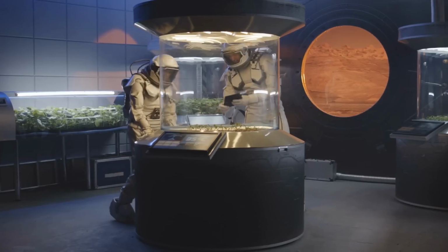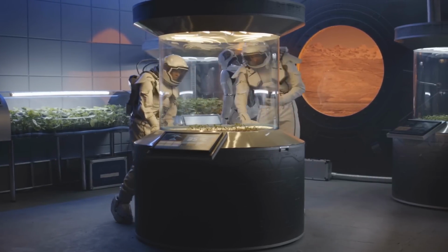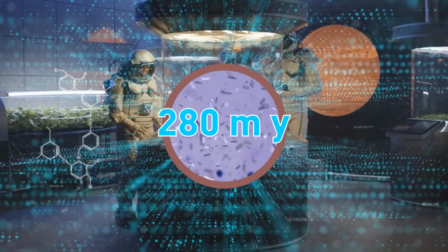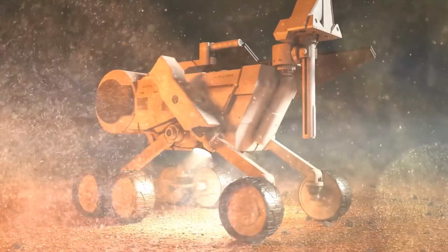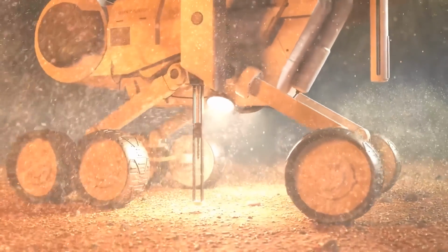Scientists simulated the conditions on Mars in a lab to check if it could possibly be true. And they were amazed to find out that bacteria could easily survive in such conditions for 280 million years. Ooh, that's a long shelf life. This means that if life existed on Mars, we could find the evidence in the planet's subsurface by drilling into